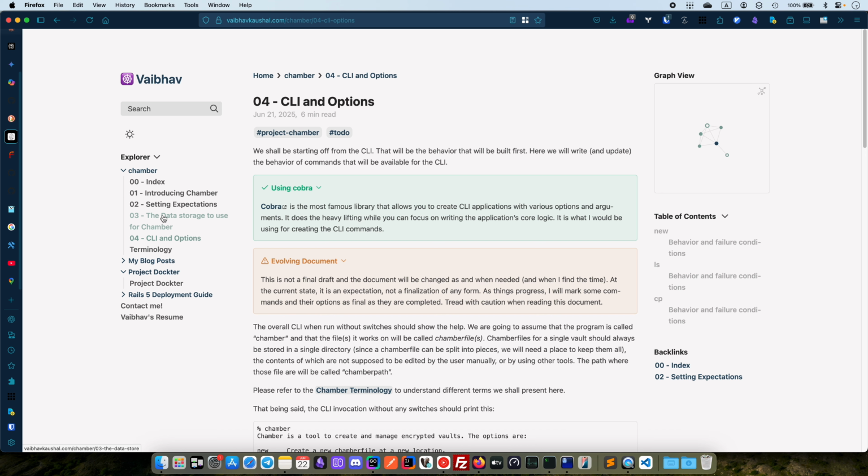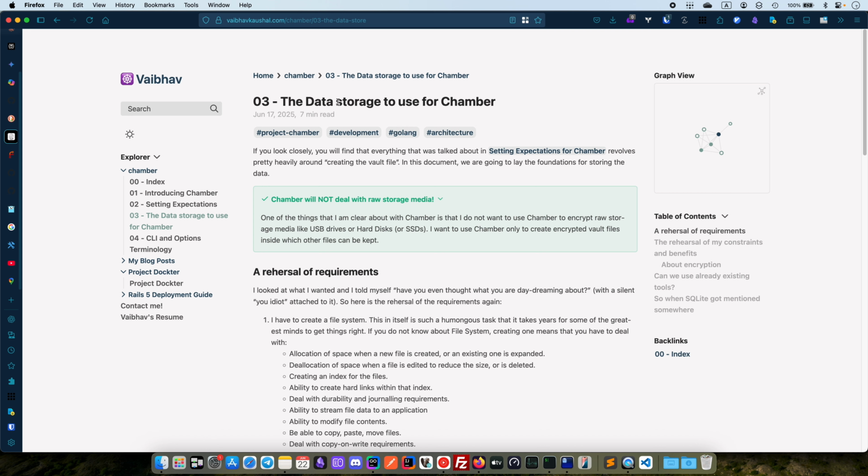So I had to come up with some way of storing the data that Chamber should be able to read, right? And it has got a different set of requirements because of how different it is from the existing tools,